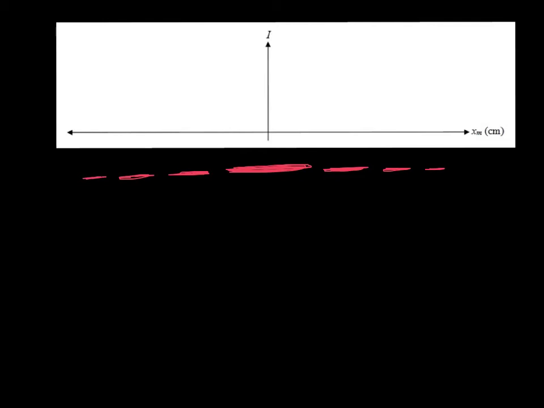To draw a graph of intensity, I'm just going to put the graph directly over top of where these spots are. And so the first one, there was a bright spot that went from there down to about there. And you see where it gets to the dark area, the graph is dipped all the way back down to practically 0 intensity. And then the next spot over had a little bit of intensity, still a decent amount, but not as much as the first one. And then it goes back down to a dark spot, and then a little bit less intensity, and back to a dark spot, and then less intensity still. Same thing on the other side, it's just symmetrical. So the graph looks kind of like